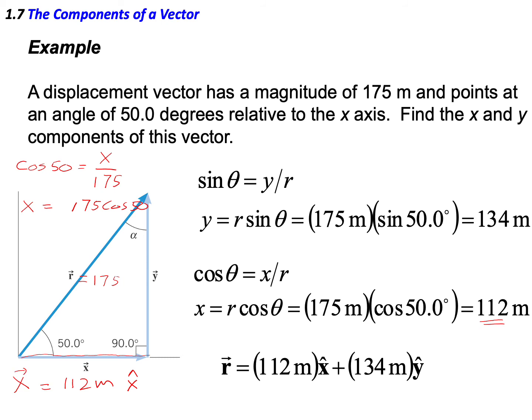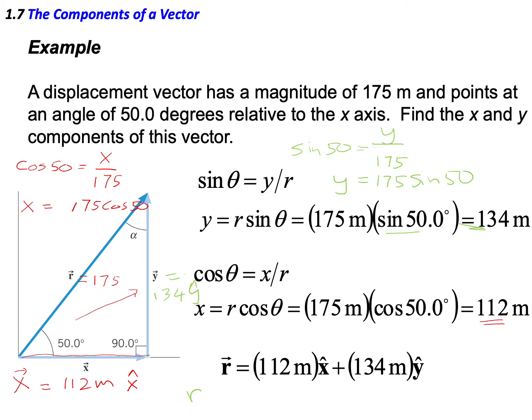For vector Y, this is the opposite side, therefore you can use sine. Let me use a different color. Sine of 50 equals opposite, which is Y, over the hypotenuse, which is 175. So Y equals 175 sine of 50. So you will get 134. So Y equals 134, multiplied by the unit vector along